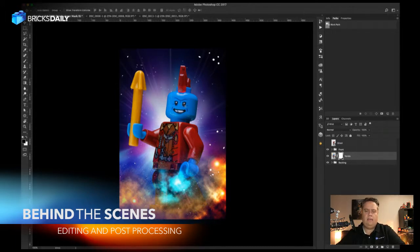Okay, so if you guys have seen Guardians of the Galaxy, his arrow has a red light up feature, and also the scene that we've talked about, he's coming down holding on to the arrow as a method for him to be able to kind of fly, for lack of a better term. And what we're going to do is we're going to make it look like this was going all over the place. And the way I'm going to do this is I've selected the